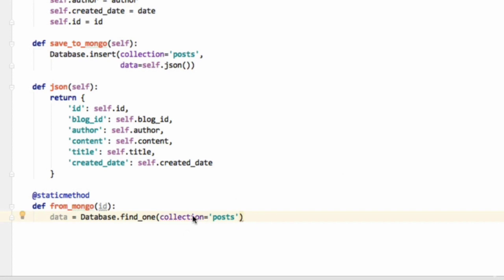And remember, this collection equals is completely optional. You don't have to write it in there if you don't want. I like to write it in there, and I will start doing so from now, essentially just to help us continue to get acquainted with Python and do things not the right way, because there is no single right way, but slightly better, slightly more readable, just good practices overall. So the collection is posts, and what we are finding is a post that has the ID,